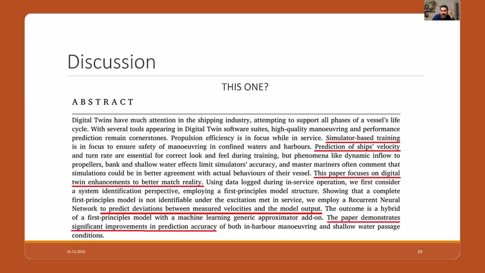Why? Because you see that the velocities are being measured and also being fed into the simulator. Why is it not a digital twin? Again, no bidirectional data exchange. It doesn't do anything. It just collects data, tries to enhance the prediction accuracy, but doesn't do anything in return. I mean, this collected data does not return back to the ship. That's why it's not a digital twin. And I think, if you read the whole paper, everyone will agree with me. Actually, this is a digital shadow.